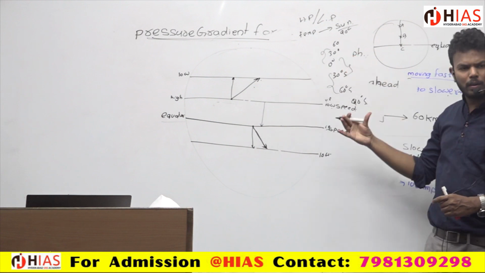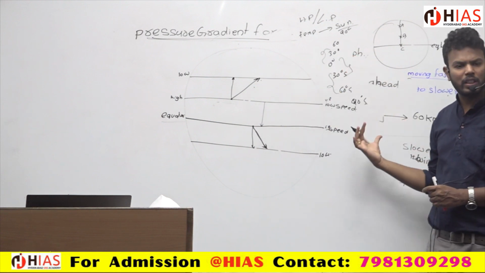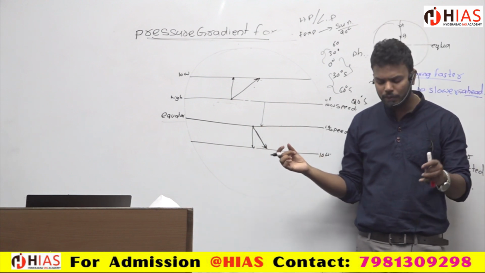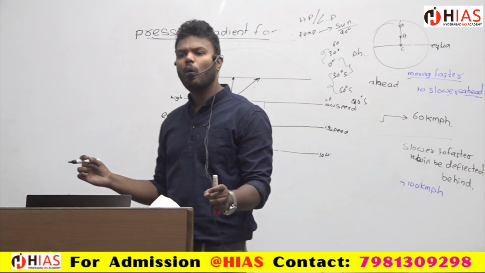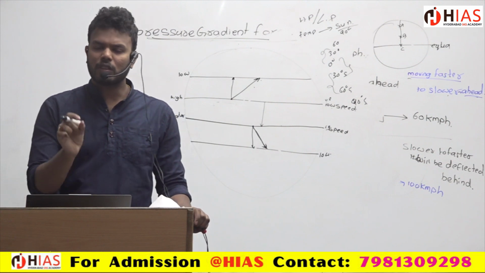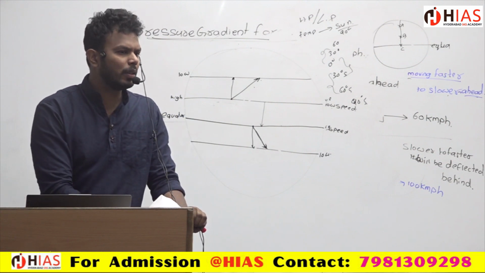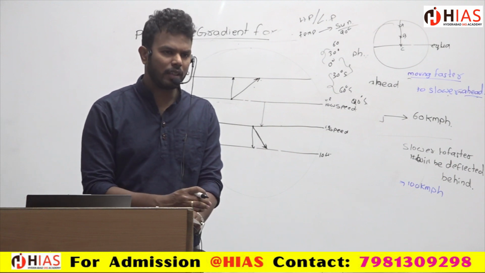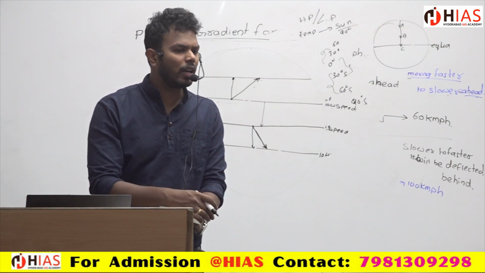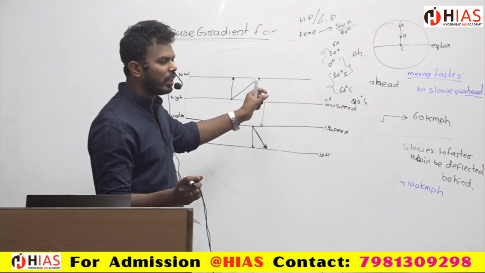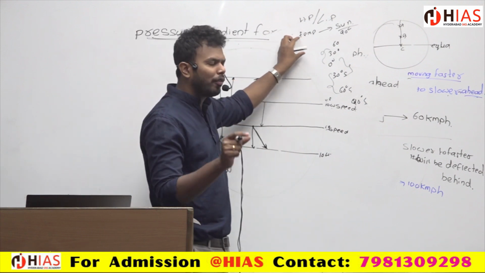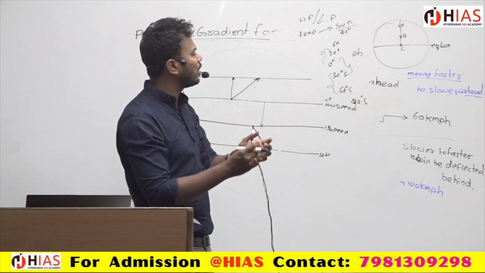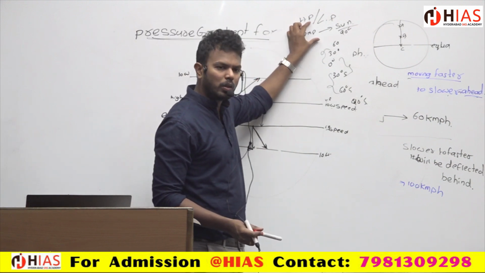In June, the sun will be at one point. In December, the sun will be at another location. On the equinoxes, the sun will be at one point. So we discussed the overhead position of the sun. The sun will be overhead on the Tropic of Cancer at one time, the Tropic of Capricorn at another time, and the equator at the other two times. As the sun changes, the direct falling of sunlight will also change. Whenever the direct falling of sunlight changes, the pressure will also change.